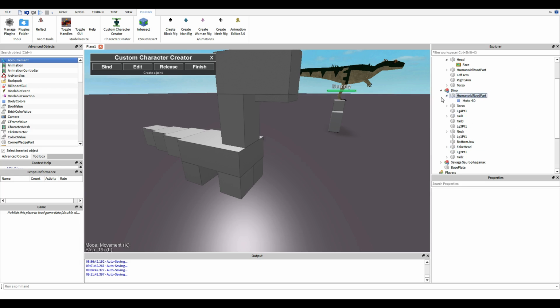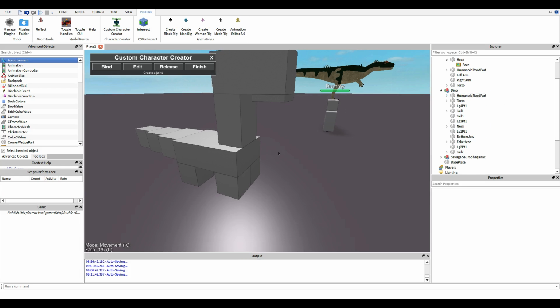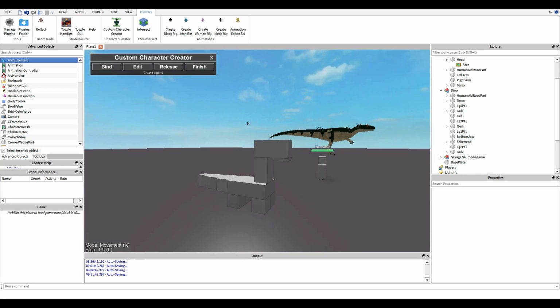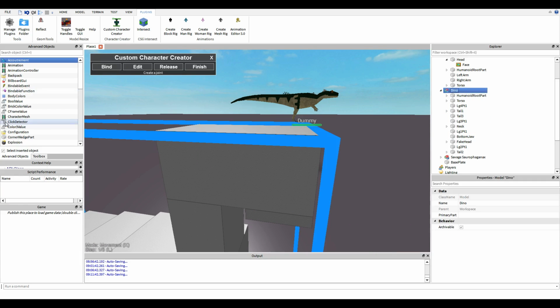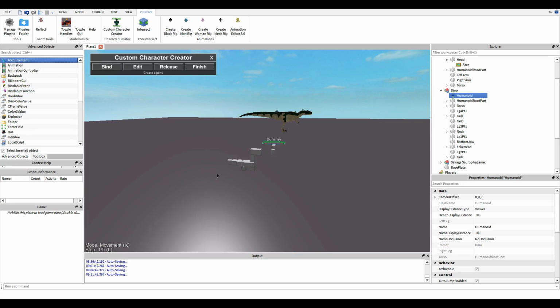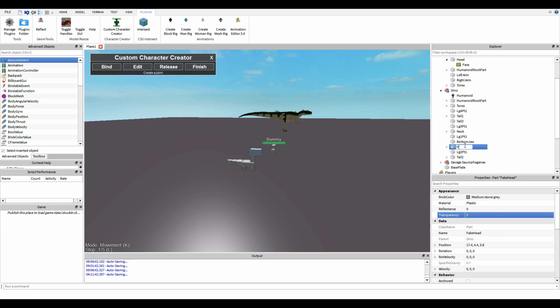Also, earlier, I named this part right here fake head. I didn't name it head. The reason why is because once you insert a humanoid, if it was named head,